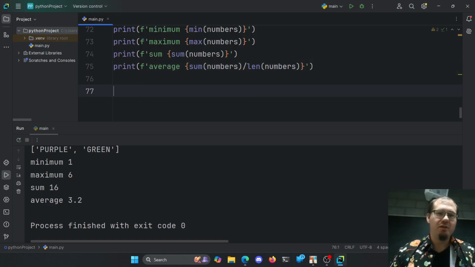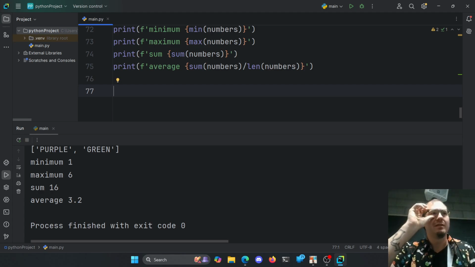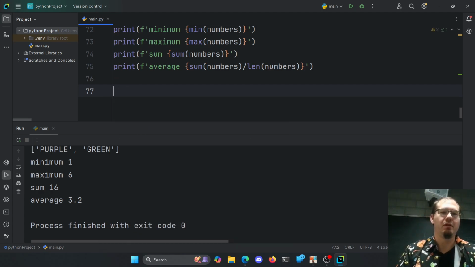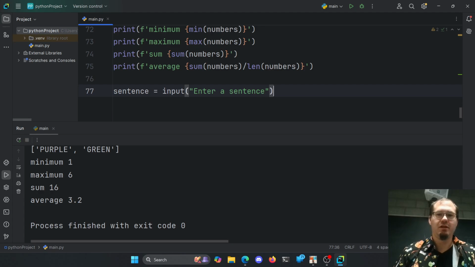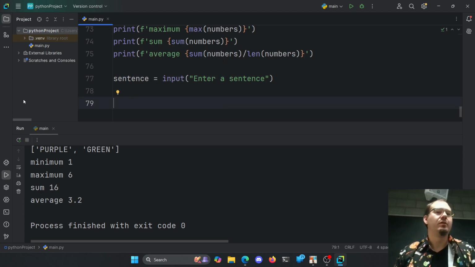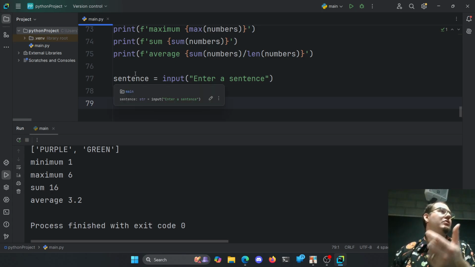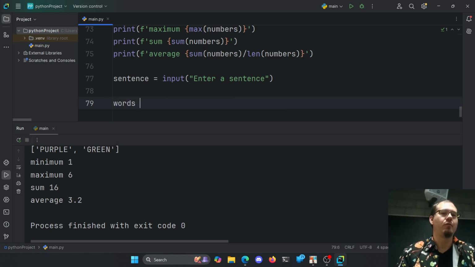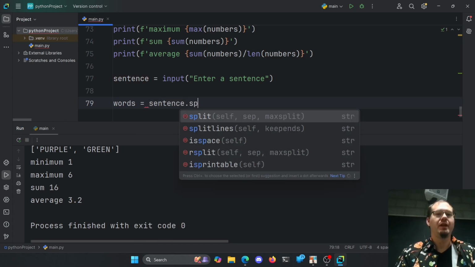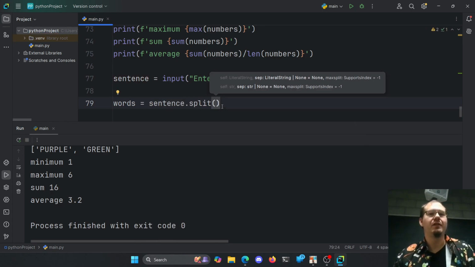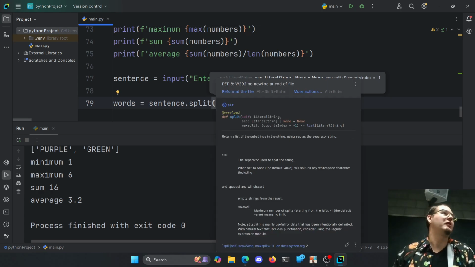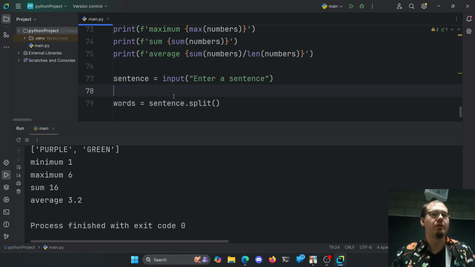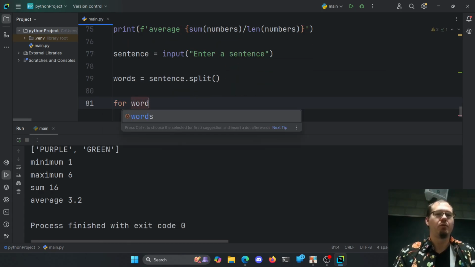So if we have someone enter a sentence here, we'll get some input, or I will say our sentence is an input of enter a sentence here. If you want to quickly turn this into chunks, one word at a time, or split it into different pieces, there's a built-in function for that. So we might say my words is equal to sentence.split. By default, split is going to split on white space. If you want to split on other characters, you can give it a specific character to split on here. And we can say for word in words,